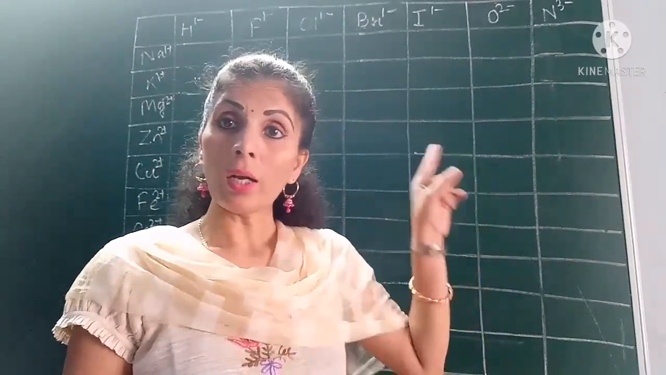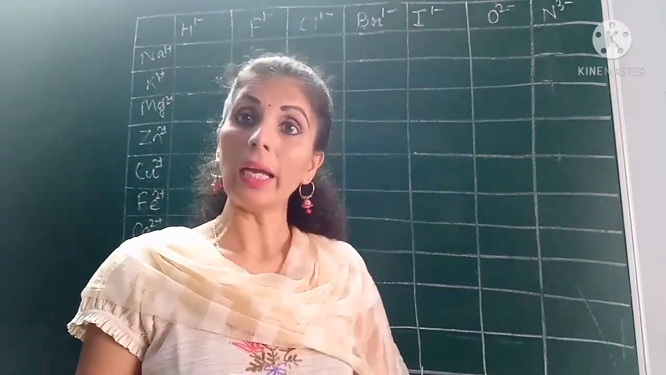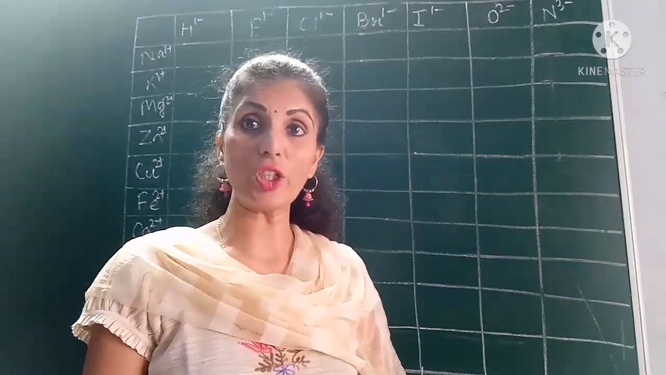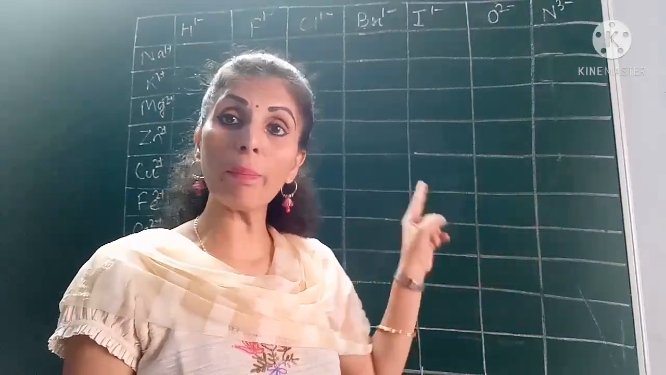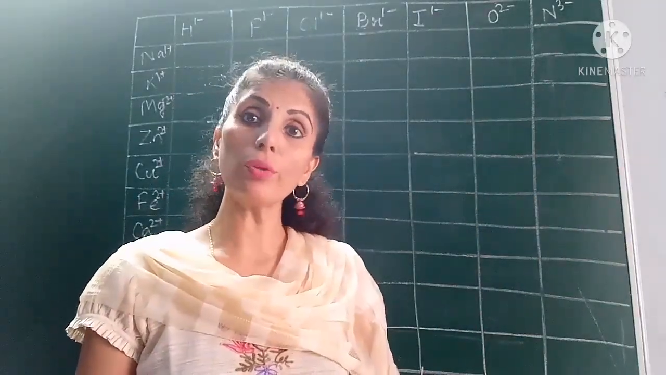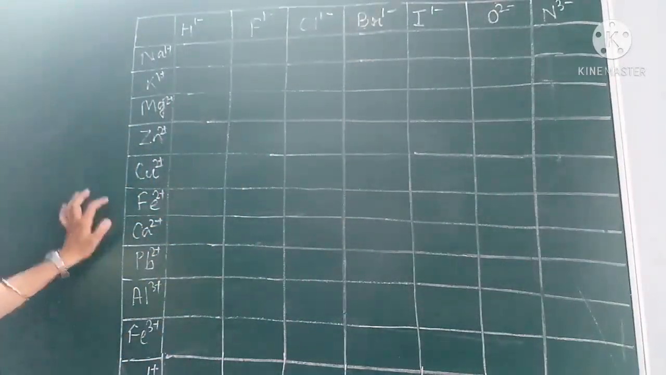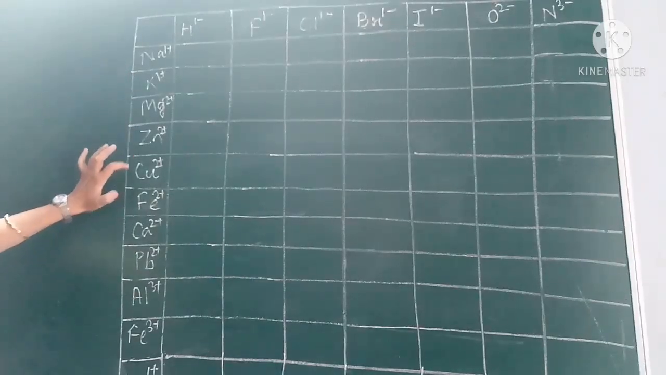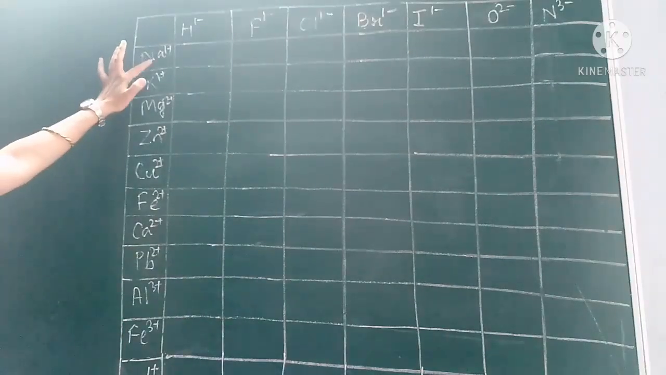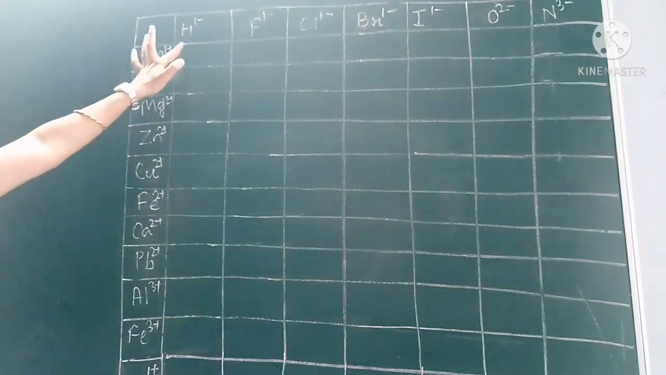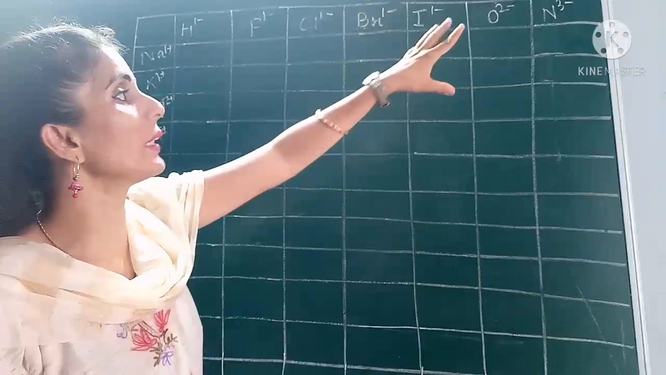Here I have written some metal names and some element and radical names along with their valences. How to exchange the valences? Learn it again and write it in one place so that it will be easy for you to remember. Now let's go through one by one. Here I have written some metal names: sodium, potassium, magnesium, zinc, copper, iron, calcium, lead, aluminum, iron. Valences also I have written. Some anion names: